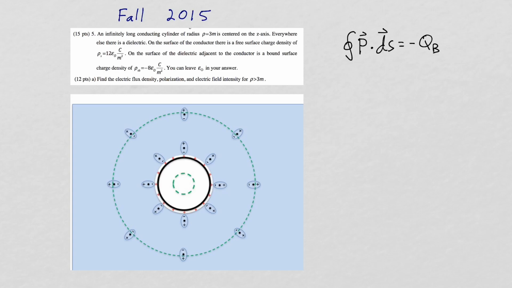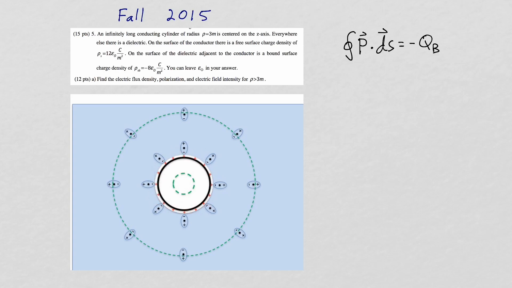There will be a net negative charge inside our Gaussian surface because if an atom is just outside the Gaussian surface, the result will be negative charge pushed into the Gaussian surface, and if the atom is just inside the surface, there will be positive charge pushed out, meaning there will be an increase in the negative charge inside the Gaussian surface. So the amount of negative charge resulting because of the transfer on the outer wall of the Gaussian surface will be equal to the amount of negative bound charge that is appearing on the inner surface of the